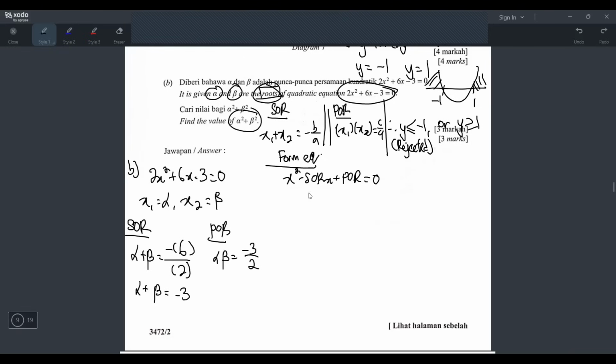So I will do it here. Okay, let's do it like this. So continue here. So alpha square plus beta square. Alright, how do we do this? Can I find the value of alpha and beta separately? Can, but I will not do that. There's better ways to do this. If you want to find alpha square plus beta square, you can use the